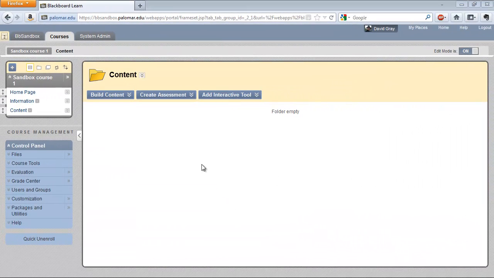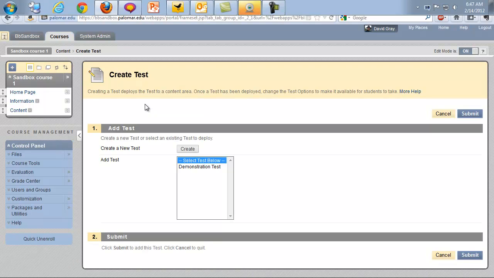Well, as you probably know, to add a new test deployment, you'd go into one of your content areas, and on the Create Assessment menu, just choose Test. Now it's going to ask you which test, and it will show you a list of all of the tests in your course that have not already been deployed. So if you wanted to modify the test options of something that's already deployed, you'd need to go find that link to the test, and on its context menu, choose Edit the Test Options instead of making a new link